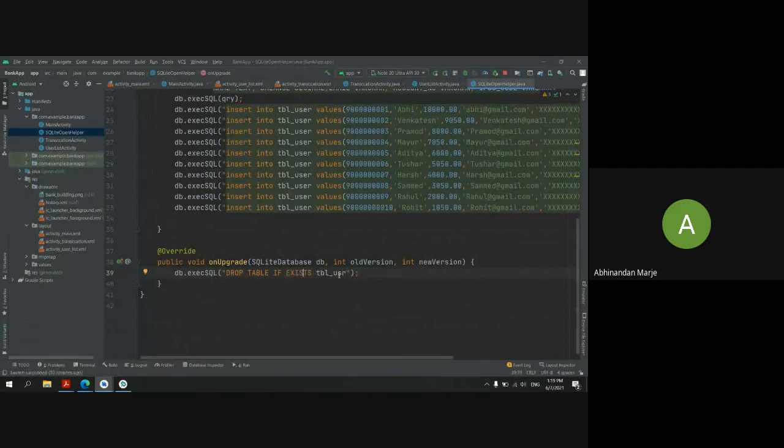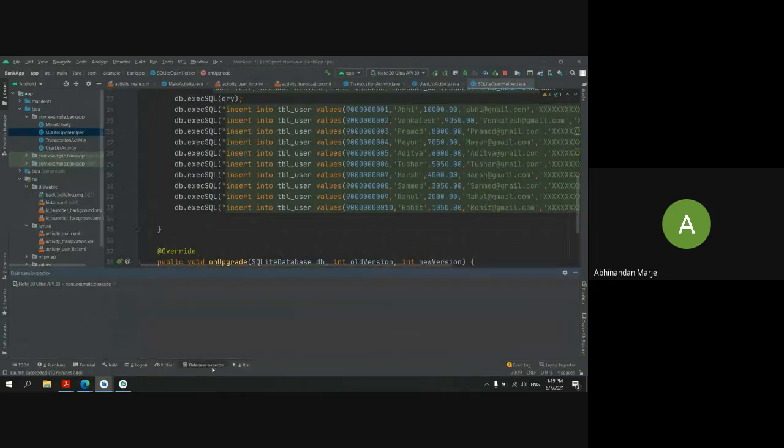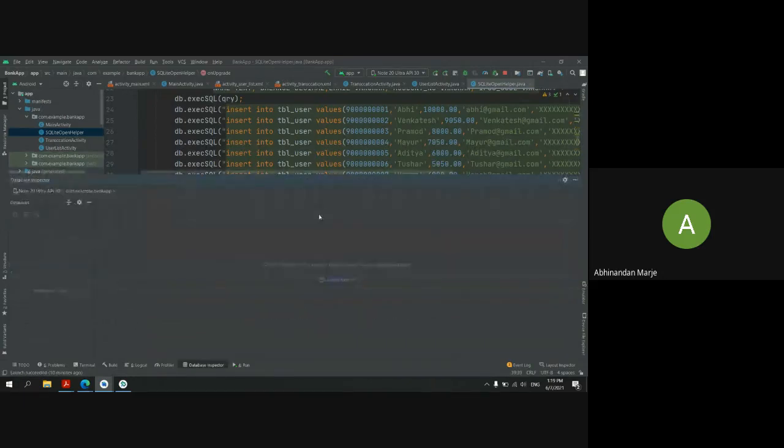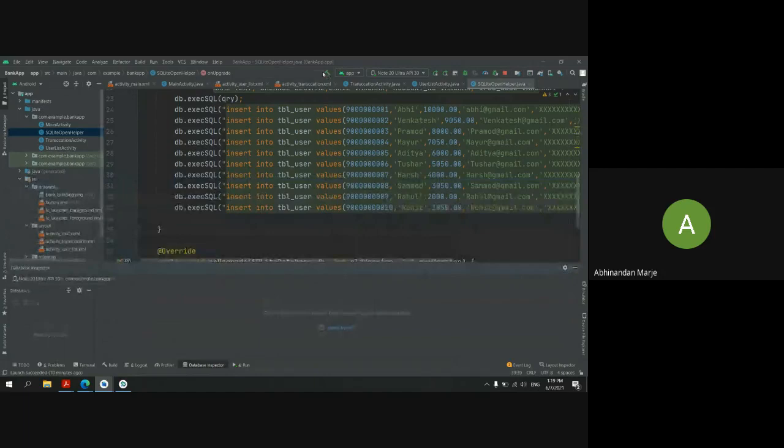Yes, you can see now if I go in my database inspector, let it load our database. Build it.